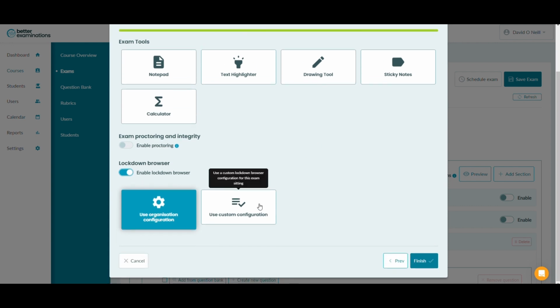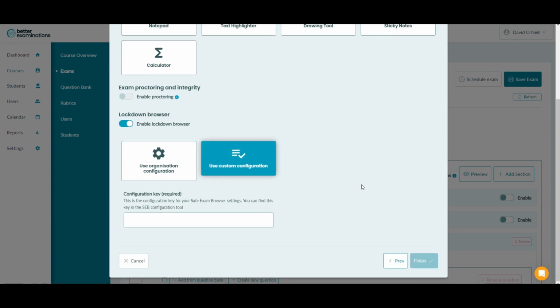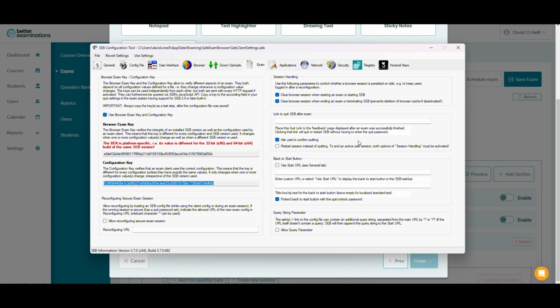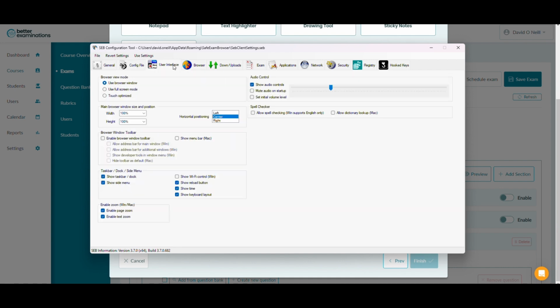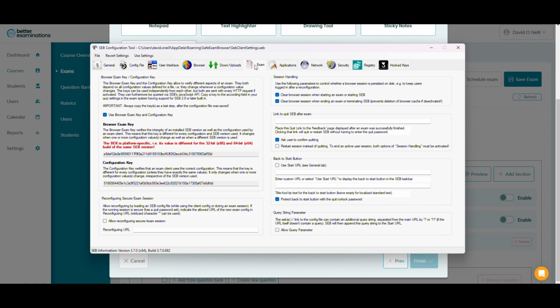To do that, you click Use Custom Configuration, and you'll be asked to enter a configuration key. If we jump back to the SEB configuration tool, if you remember from the previous setup video, your configuration key is located here. So once you have made the necessary changes to the settings that you need for this specific exam sitting, again making sure to change the settings before copying the configuration key, you can then copy the key,